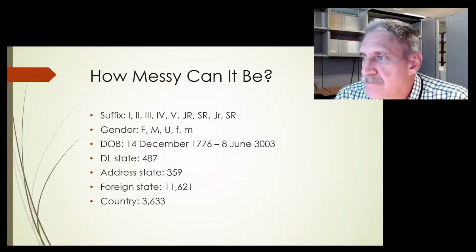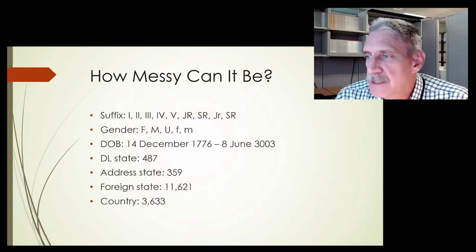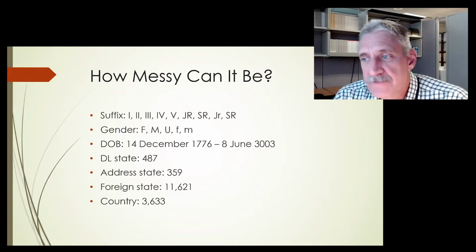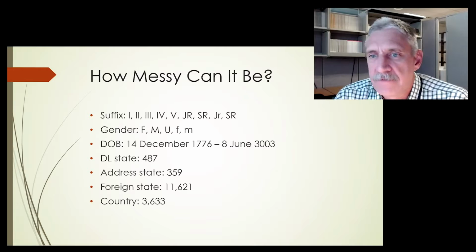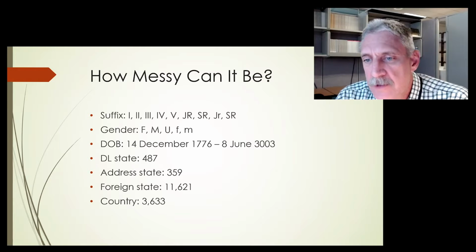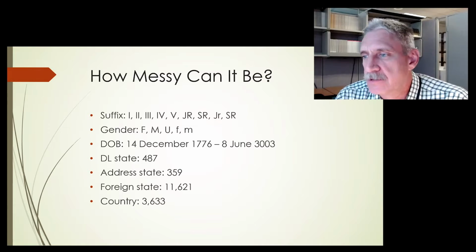How messy can data be? Well, I've got a data set of license sales. There's about 12 million people in it. We have different suffixes. Gender, you would expect male or female, but we have multiple cases. Sometimes they enter a U. I assume that's for unknown. There's also a T. That's probably just a typo. There could be other things. I've got other databases that use 0 and 1. What a 2 is in that database, no one knows.